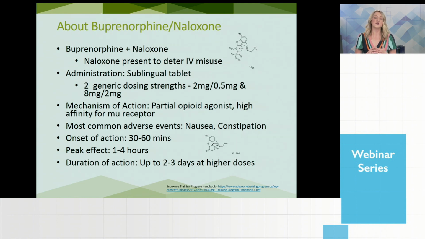At a patient's stable dose, this medication can work for about 2 to 3 days, and so the nice thing about that is patients can miss a dose, or if there's any issues, and it doesn't affect them to the degree that some other medication options might. What I say to my patients is your stable dose is when you feel good from today's dose past tomorrow's dose.